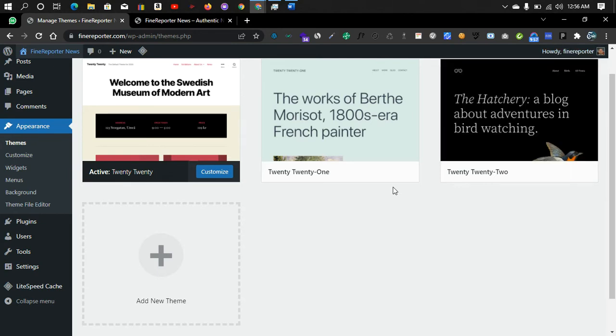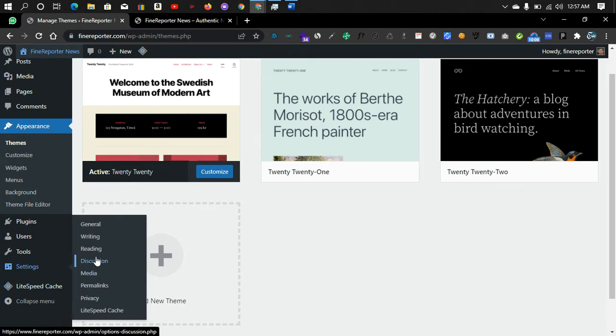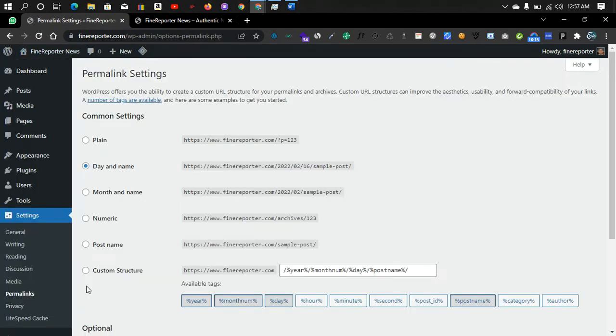Next, let's continue to make our first tweaks when we have WordPress installed. And so anytime you install WordPress, just come over to the settings and then click on permalinks. So on this page, you are going to modify the link structure of your website. By default, it is set to day and name, which gives us an example: